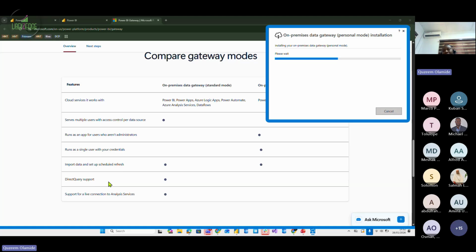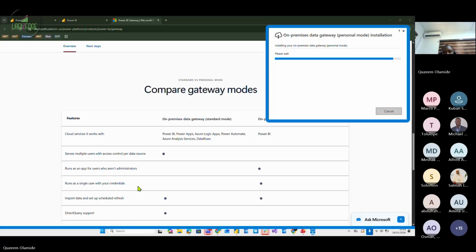So what it means by direct query is in Power BI we basically have two storage modes, which are the import mode and the direct query. So gateways also support direct query. Maybe you have a SQL, you have a direct query storage mode coming from a SQL, and then it also supports that. So it takes a while